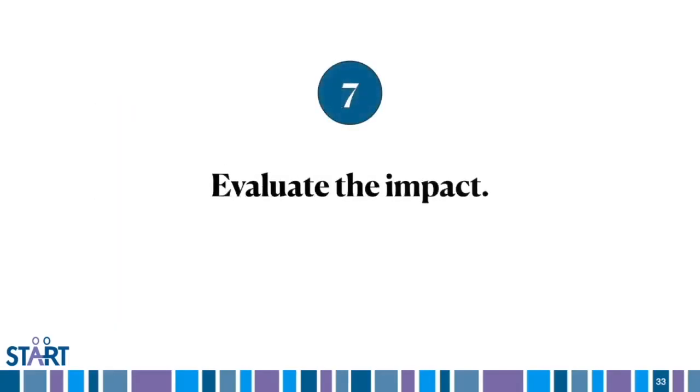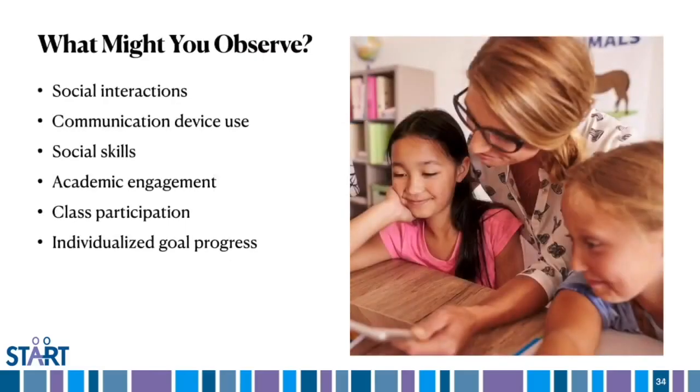So ongoing evaluation really helps the team determine whether peer support arrangements are working as intended or whether they need some refinement. This is step 7. A data-driven approach that incorporates both summative and formative data can provide helpful insights into the implementation and the impact of peer support arrangements. You definitely want to speak to the difference this approach is making for everyone who's involved. Now, observations may be the most objective approach for capturing the impact on participating students. So you'll want to better understand the academic and social impact for students and their peer partners alike.